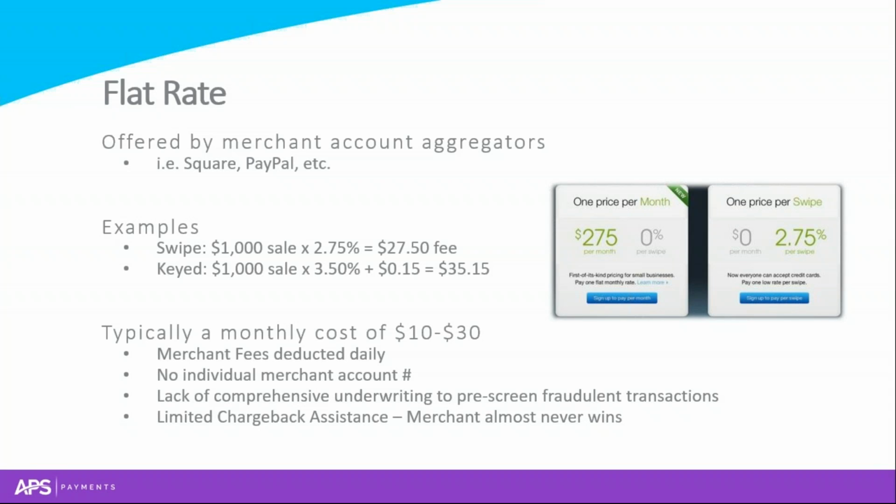So flat rate, this one's pretty straightforward. This is often used by companies that I mentioned before, so Stripe, Square, PayPal. Often it's one of the easiest ways for a merchant to begin accepting credit cards, but it comes at a very high cost. If you have a flat rate of 2.75%, this is regardless of the hard cost Visa and MasterCard are charging the merchant service provider, for example APS, for the card acceptance. That means the merchant service provider is not providing transparency on card acceptance breakdowns, and the merchant is blind to any possible cost savings. So you have no idea exactly where you can save some money in your card acceptance on a day-to-day basis.